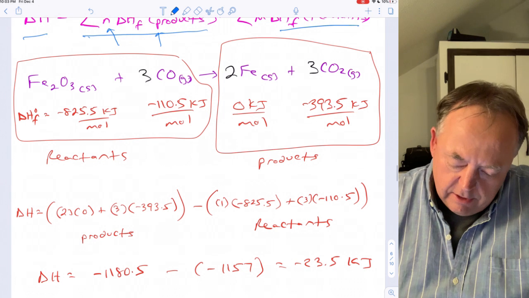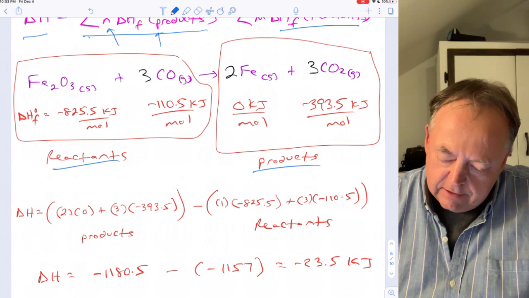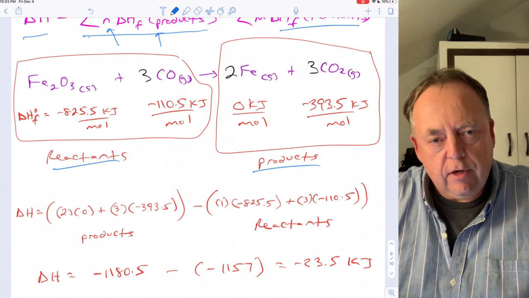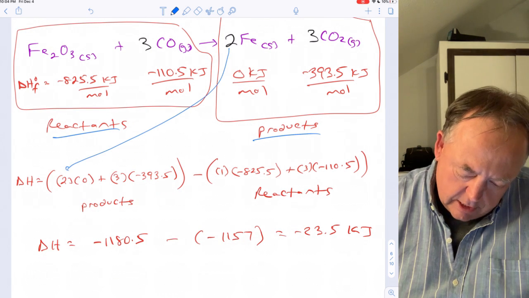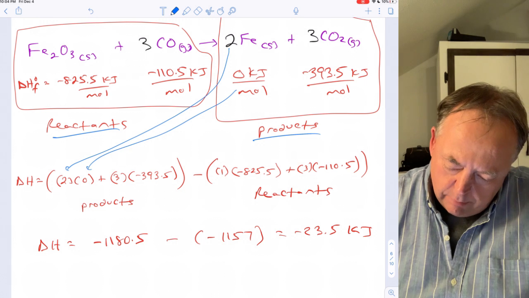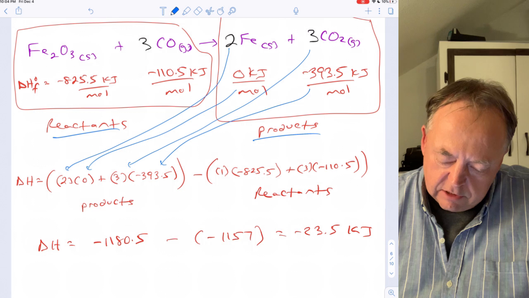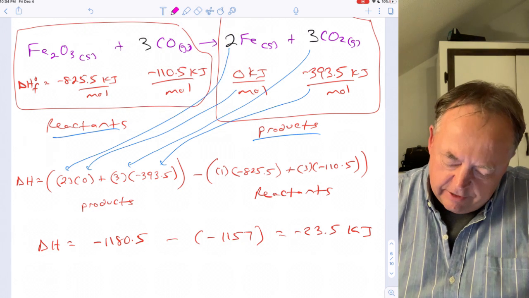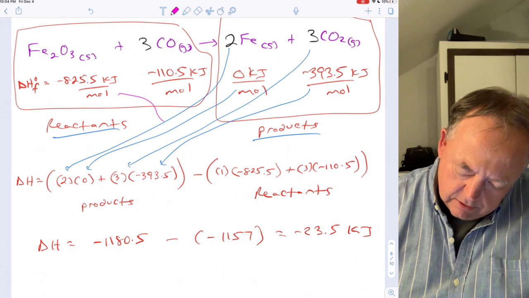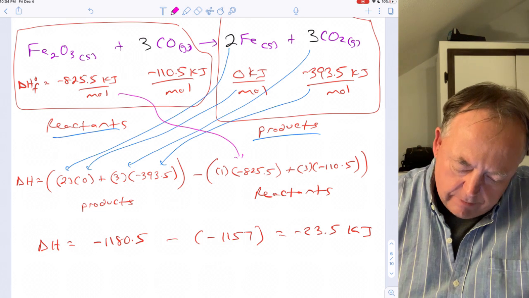Okay, so if we take this reaction, these are your products, these are your reactants. The products come first, and then you subtract the reactants, right? So 2 goes there times 0, plus 3 times that for the carbon dioxide. Then you sum those up, add those values together, and then you subtract the reactants. So there's only 1 mole of Fe2O3, but there's 3 moles